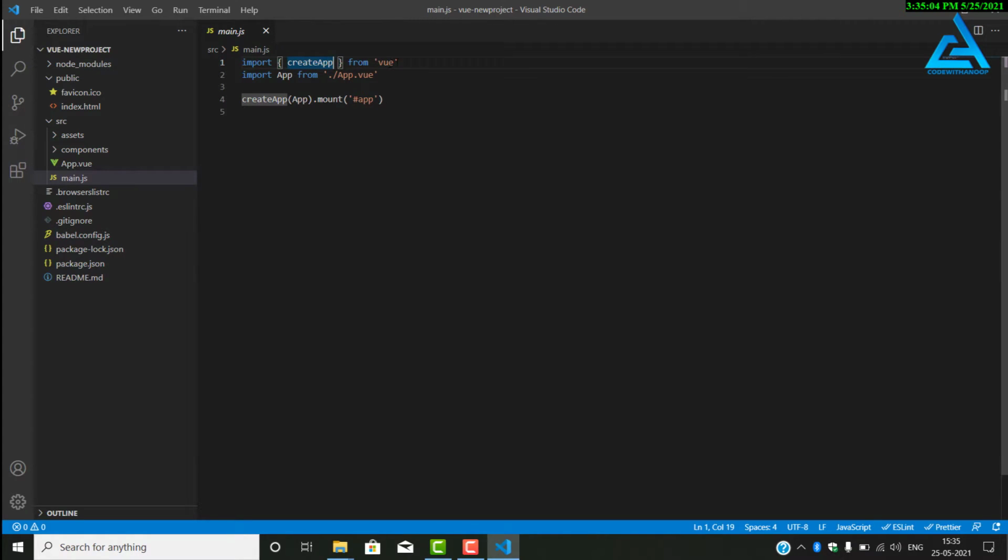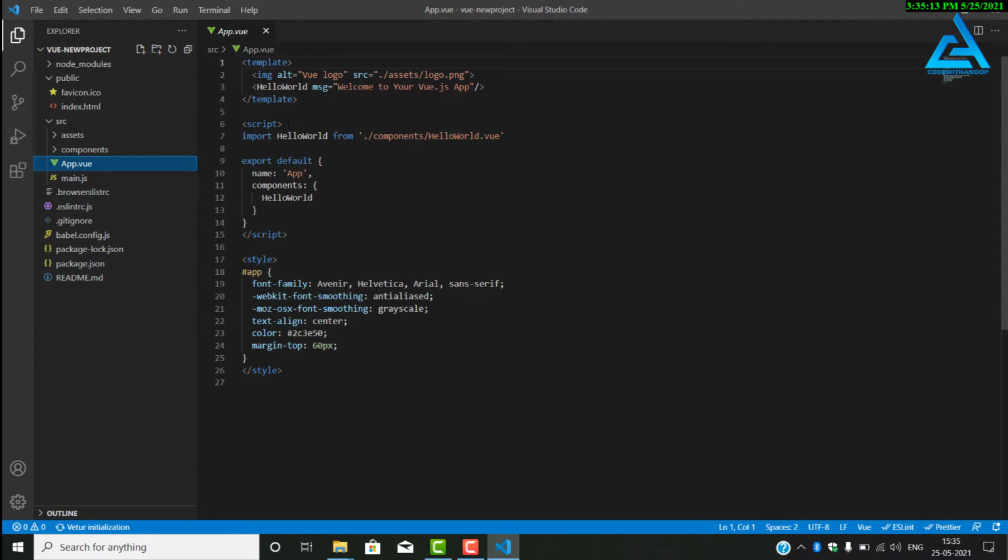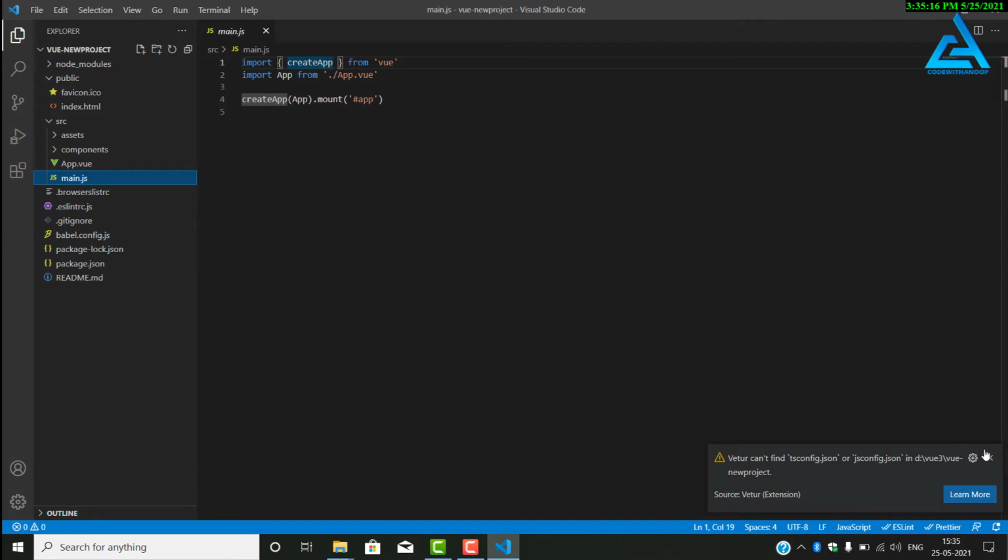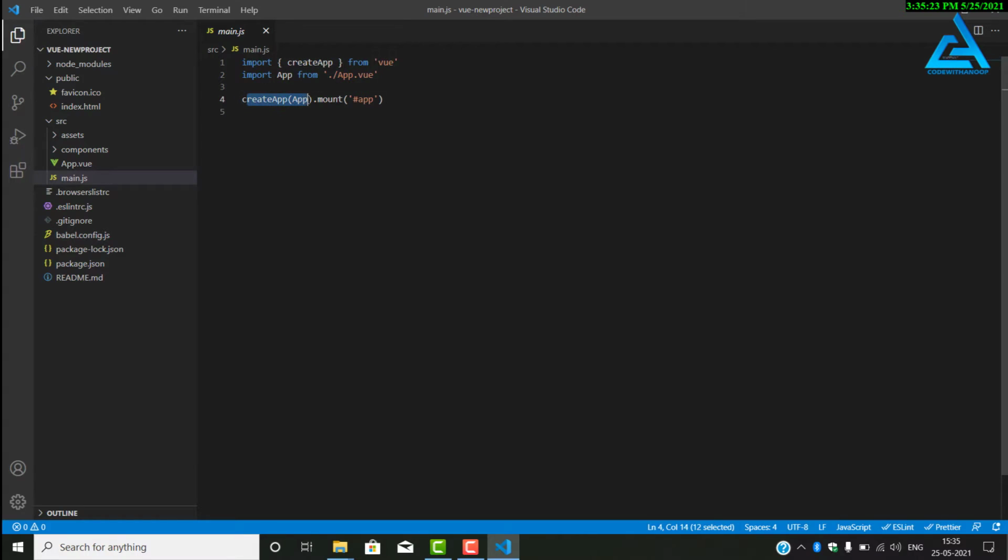So from Vue, which is a package we have installed, we take the createApp. And likewise we have an App.vue file there. So we put the App.vue,